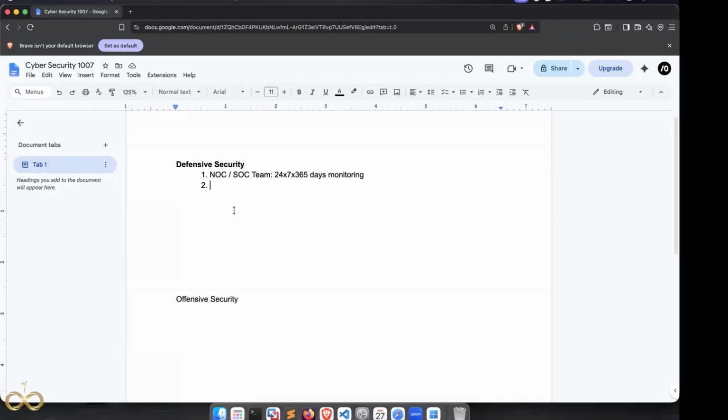Here the watchmen are going to call the cops. Similarly, if something is beyond monitoring for the NOC and SOC team, and it's a live and dangerous attack, they are going to involve the incident response team. That is called the cybersecurity incident response team.